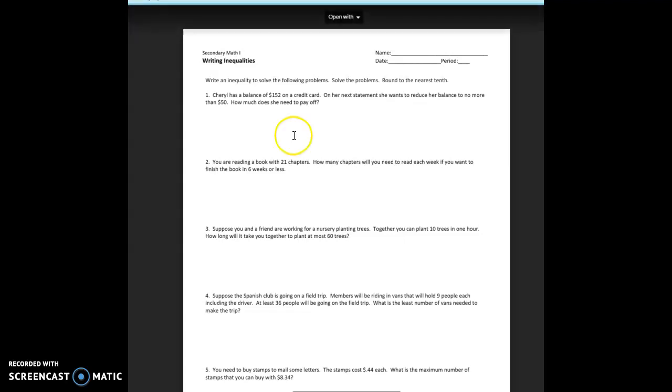So if we look at number one, it says you have a balance of $152 and then you want to reduce your balance. So reduce usually means to